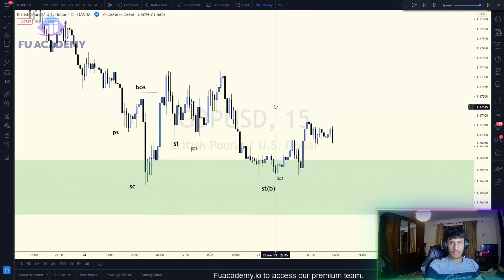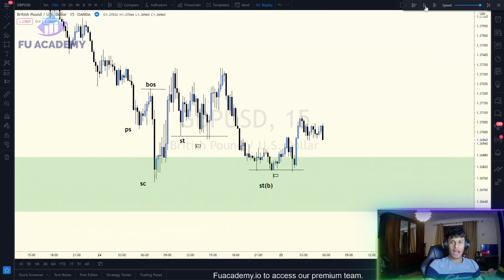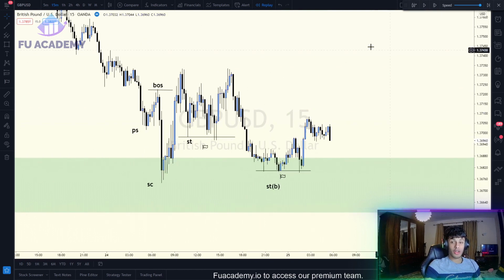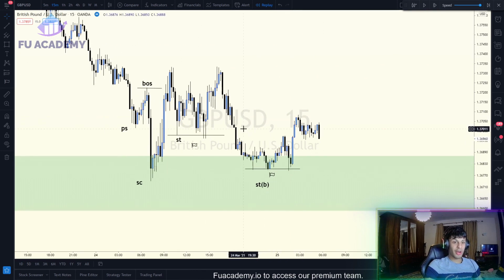You can consider this your ST in phase B. And so far, you might not even be able to identify an accumulation schematic. It does not matter. Okay, the most important area, especially for us smart money traders, is we want to be